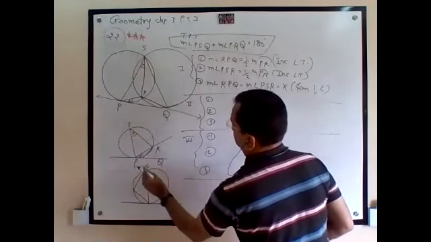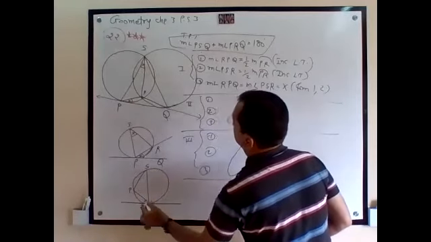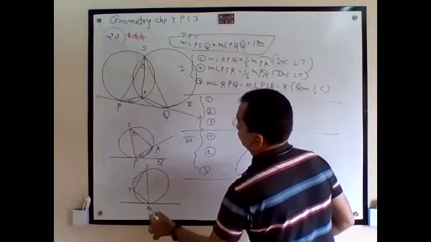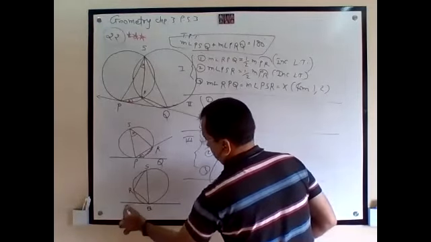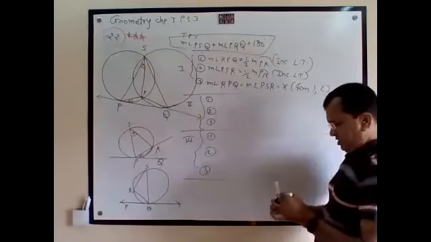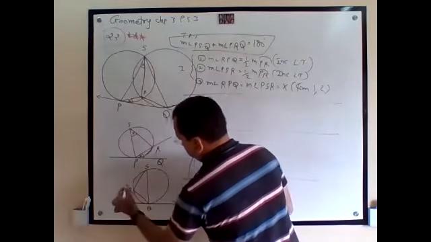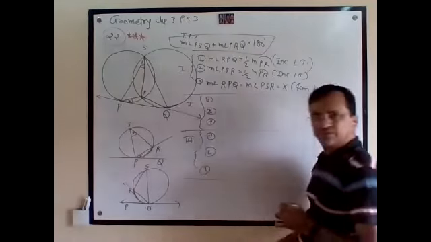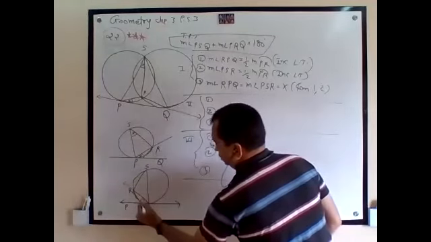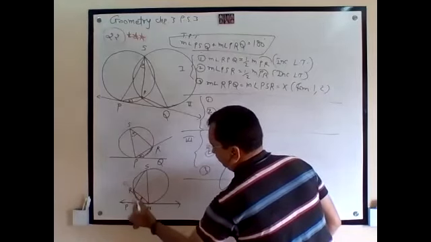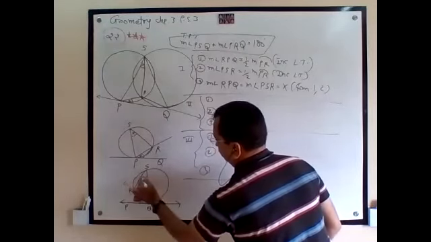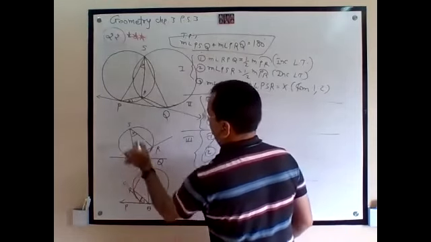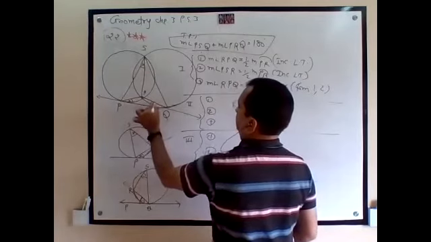S, P, Q, P. Okay, now the arc is this. Suppose it is 80, so this is 40. Suppose this is 80, so inscribed, this is also 40. That's why this and these are equal. I have taken x, x. Now I will take y, y.